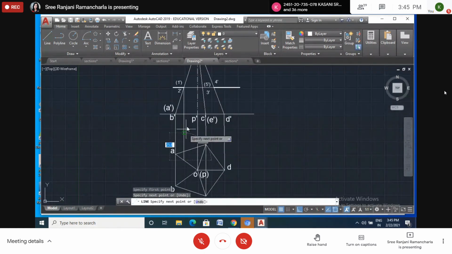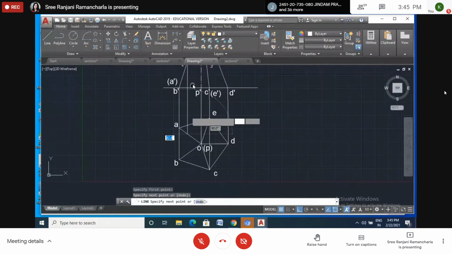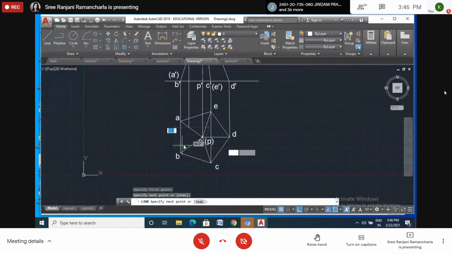Is it clear now? Now where is 2? 2 is on BO. So 1 and 2 will be coinciding. So here same, project it.